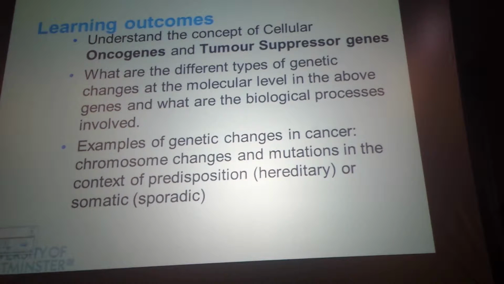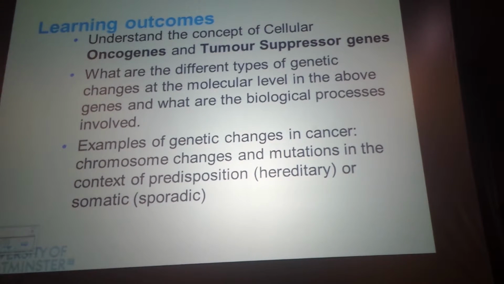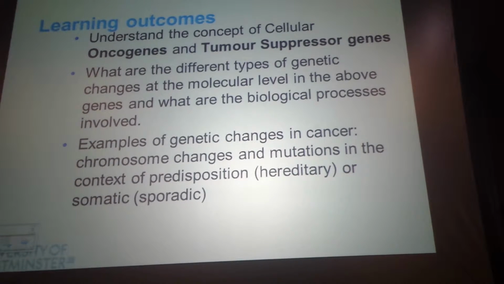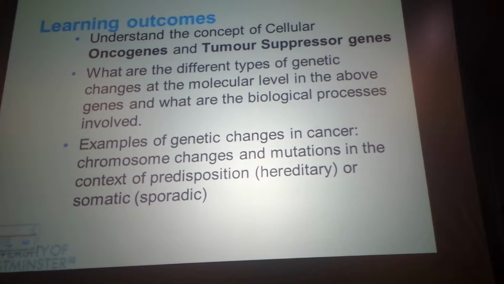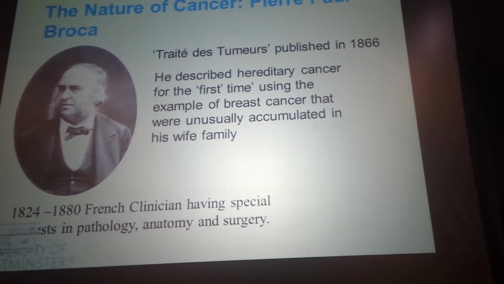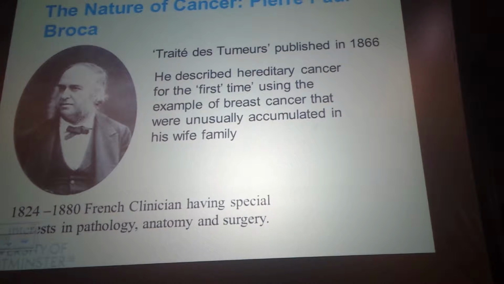And I will give you lots of examples of genetic changes in cancer, either at the chromosomal level or at the DNA level with mutations, either in the context of predisposition in cancer or sporadic cancer, which is also somatic mutations. So just to give you a bit of history of cancer, which is always quite interesting to know,